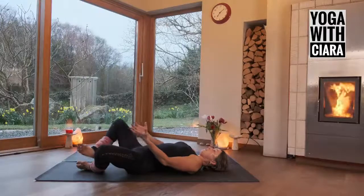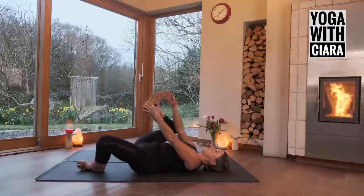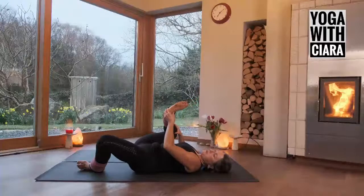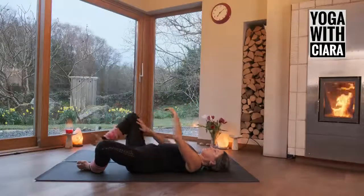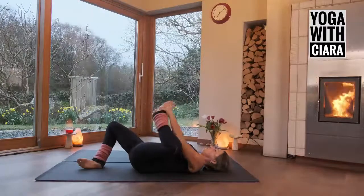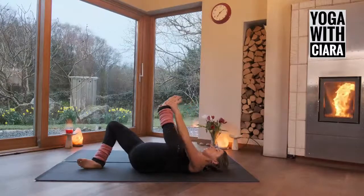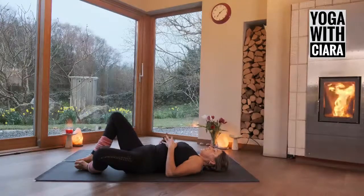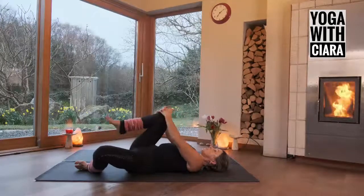Again, lift your right foot up and draw it up towards you. Somehow holding onto the back of your knee or whatever you can. And one more time, lift the left foot up, draw it up towards you. And lowering down. Nice. So draw the right knee up and interlock your fingers and squeeze your right knee down